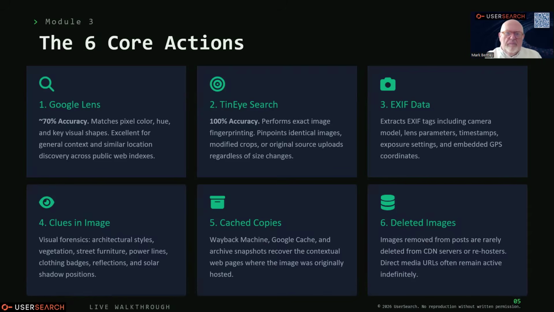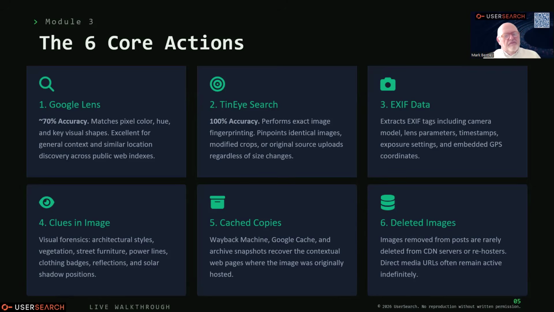With every single image you ever do, guys, you've got to think about Google Lens. That will show you similar and like images where you've got an image, and they run at about 70% accuracy. So we all know this: we go to Google Lens and stick something in, and pictures come up the same, but also there are pictures that are very similar but not quite. So that's a 70% accuracy.